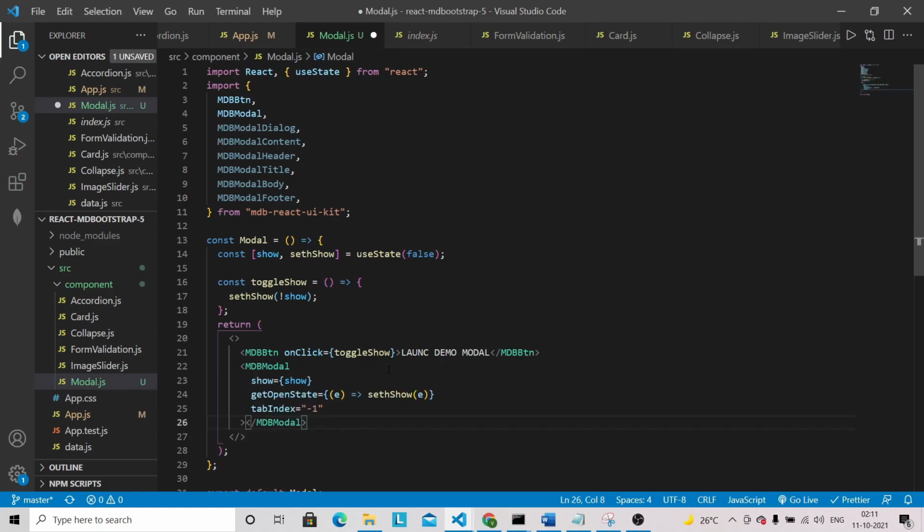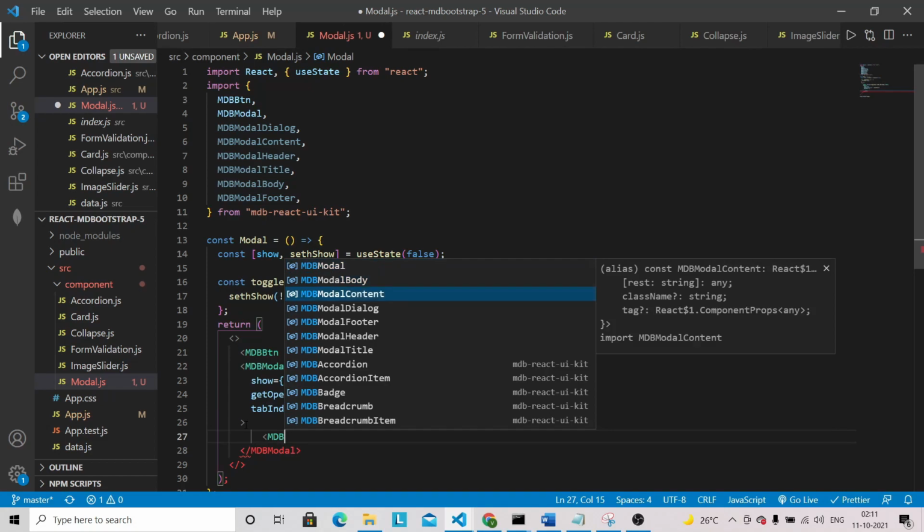Let's format once again, and after that we are going to have MDBModalDialog,